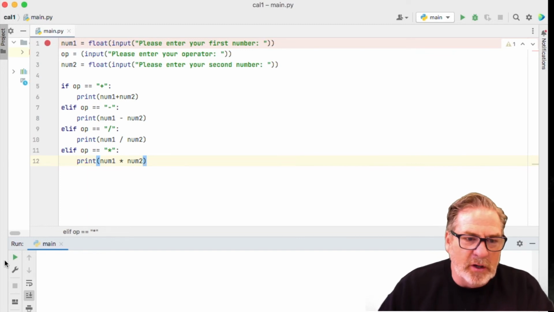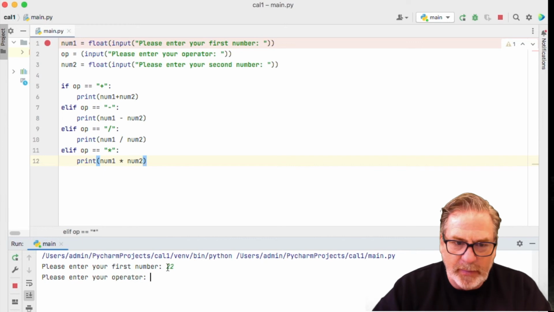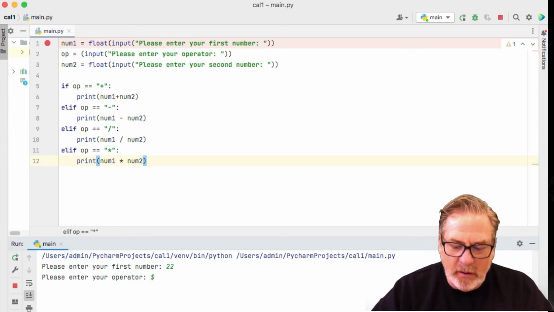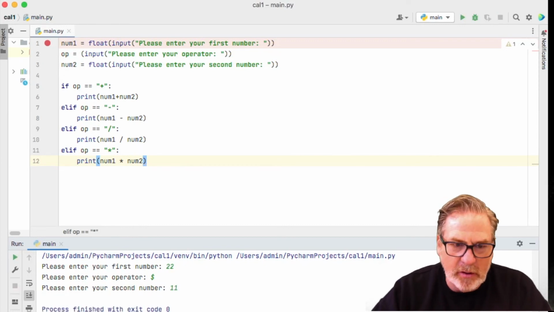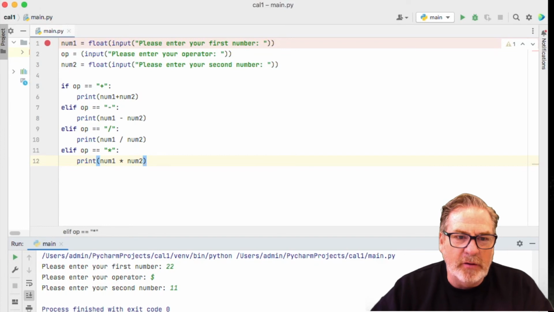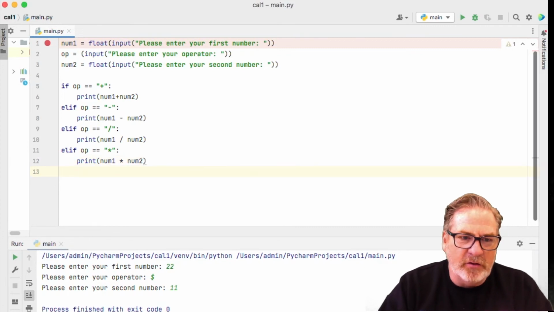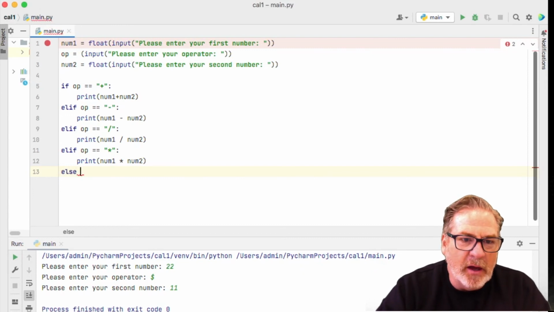The next question is, hey, let's try this. So let's run it again. Let's enter 22. And let's enter $ sign. Enter my second number, and it doesn't know what to do. So we need something that says, hey, this isn't the right answer. So let's put in an else statement, and then we'll say else